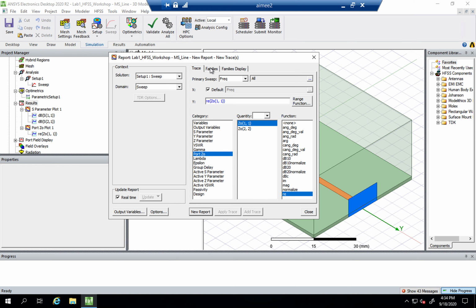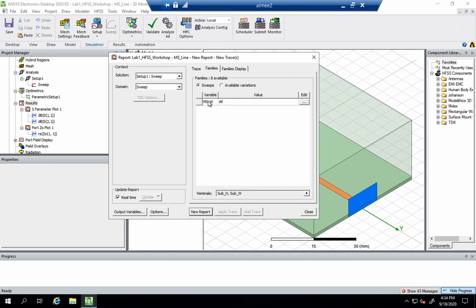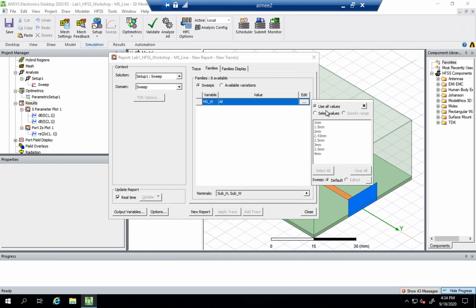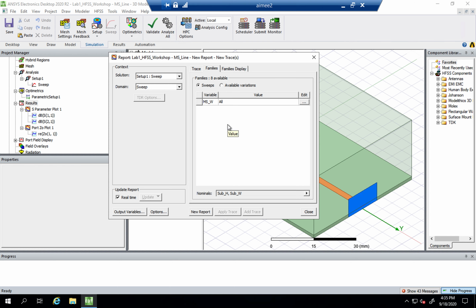Now if you go under families, so trace families, you can see that the variable has showed up here, and what you can do is you have 8 different solutions, and you can show all of them, and that's what's selected by default. So you can select each one independently if you want to show it, but you can also show all the variables at the same time, and that's what we're going to do. So show all solutions for port impedance for all dimensions of the microstrip line. So if you click on new report,